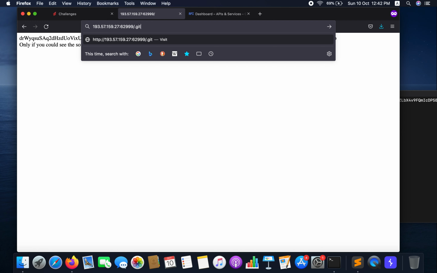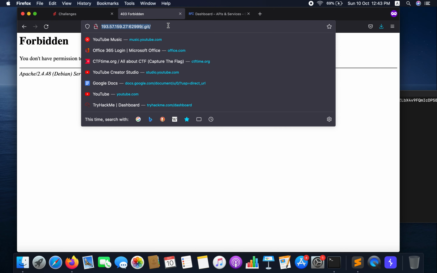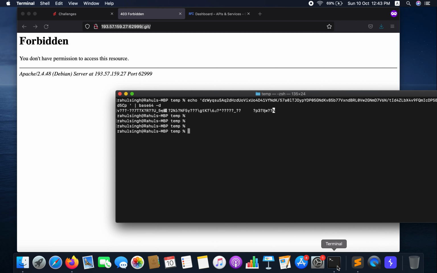leak their source code while trying to upload it onto GitHub. They do leave their source code behind. So if I were to go to /git, you can see that it is forbidden, but sometimes there are not proper access controls implemented. So what I did here was I used git